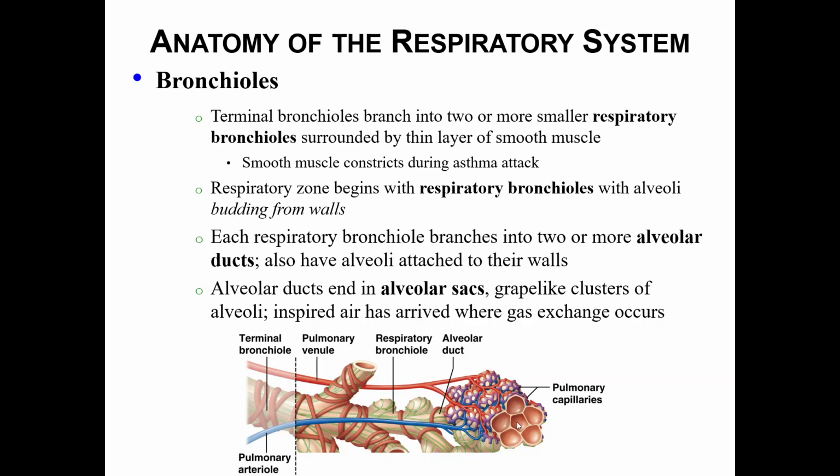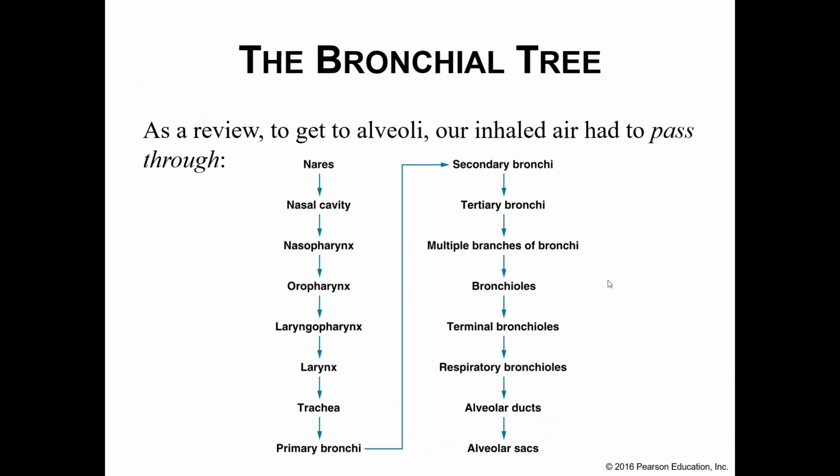So just in case you have forgotten the pathway, okay, we've gone through a lot of structures. We inhaled air at the nares or the nostrils. We've moved through the nasal cavity, through your naso, oro, and laryngopharynx. We've gone down through your larynx into your trachea. At the carina, we split into your primary bronchi, both left and right, which divided into your secondary and tertiary bronchi. Okay. We have continued to branch until we get to your bronchioles,